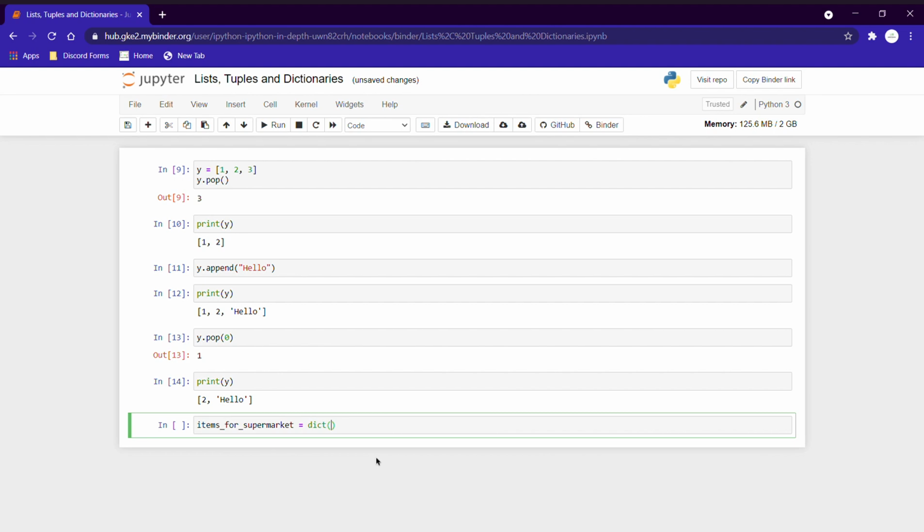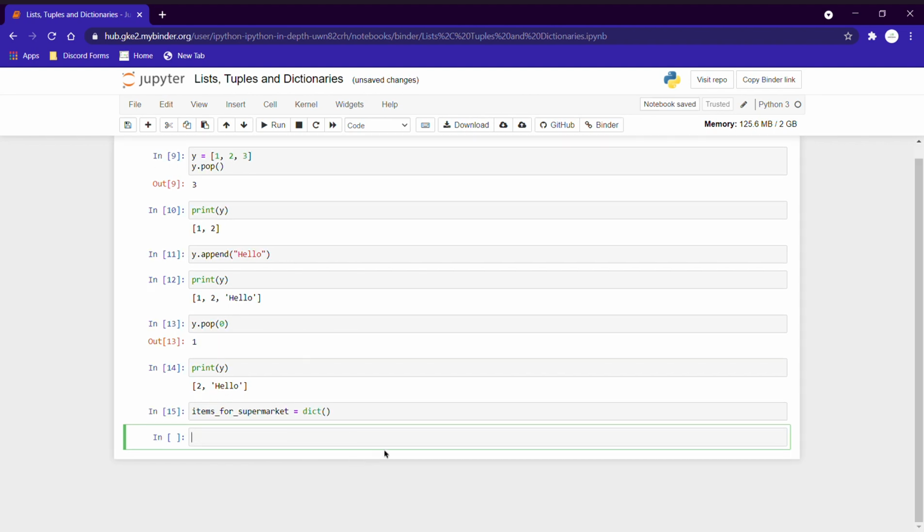You may have already seen me use this in my video on the inbuilt functions in Python. Now we have run that. Now we can basically add the actual stuff. Now, items for supermarket, and then